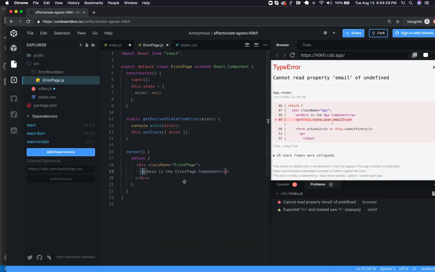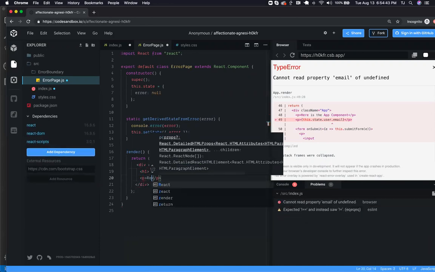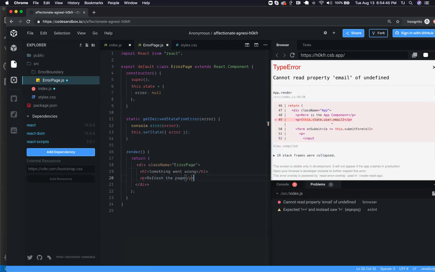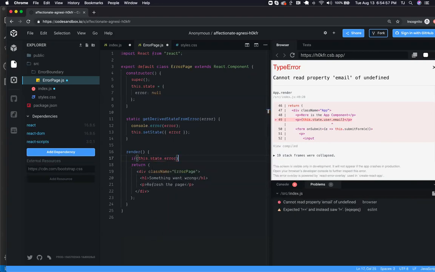Okay, so that it's stateful, because down in our render, what we're going to do here is we're going to say something went wrong, and then something like, refresh the page, and we want to put this in a conditional. So what we're going to say is if this.state.error. So if it's true, because if it's null, that's false. But if anything else is in there, that's true. So if it's true, this is what we're going to return from our render statement. Otherwise, basically our else, we're going to return